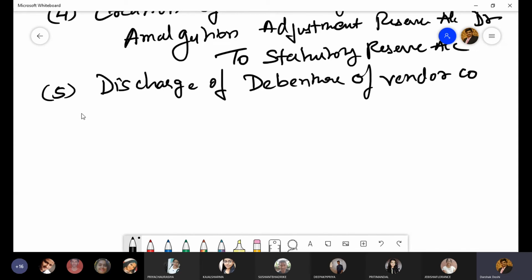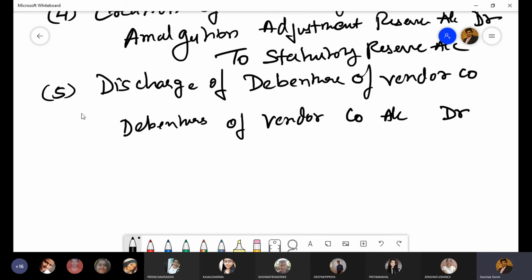So there may be some profit or some loss in that. So for discharge of debentures of vendor company, the entry is debentures of vendor company account debit